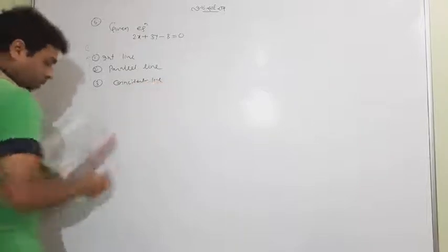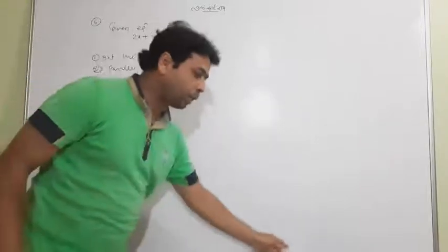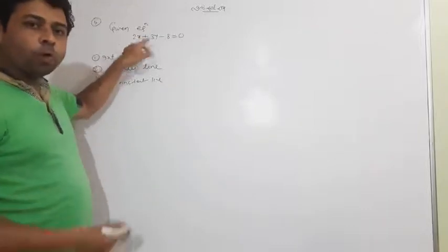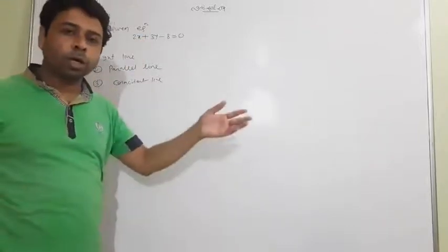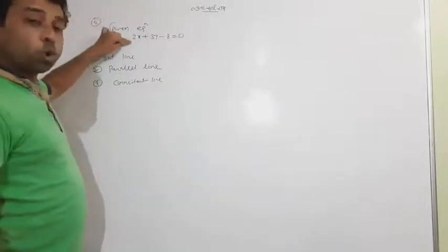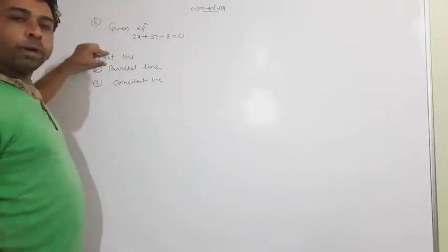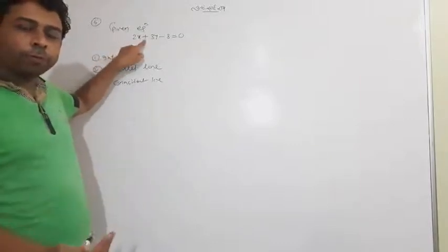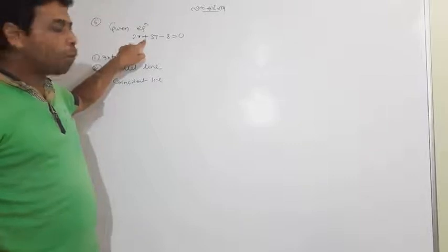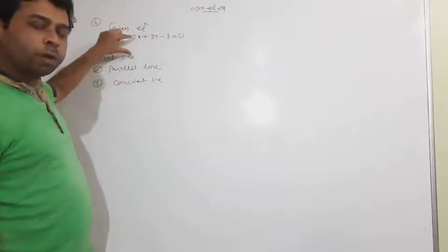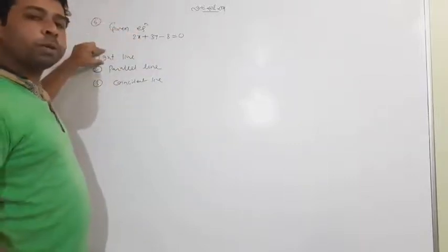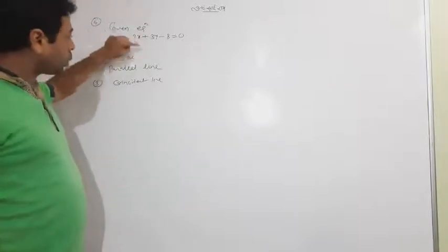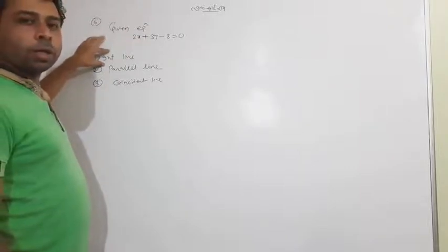What is the meaning of that? In short, this is only one equation, and the question says form another equation from your side so that the pair will represent intersecting lines. When the other equation is formed, two equations will be with us, and both lines should be intersecting lines. Both equations should show the intersecting line.